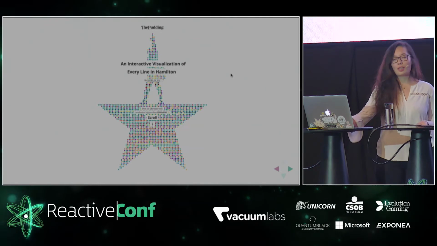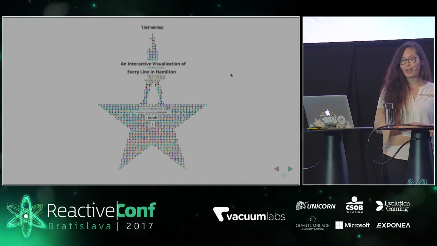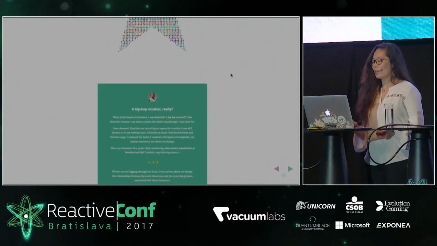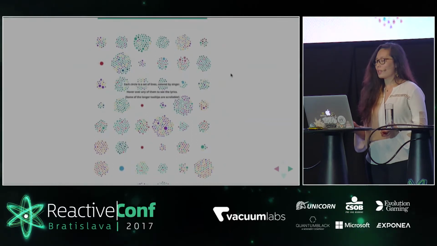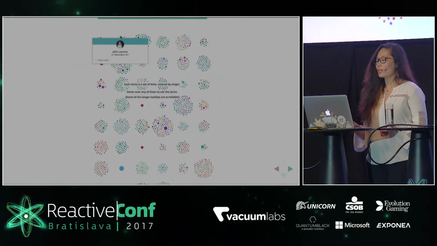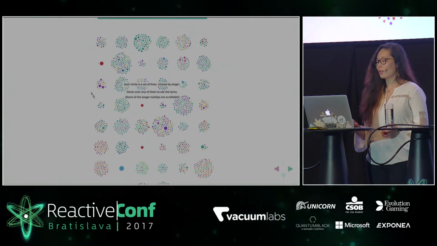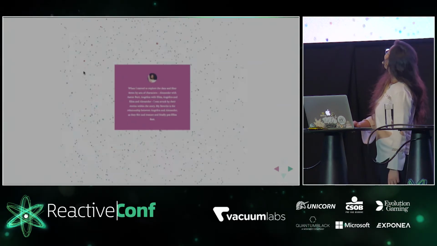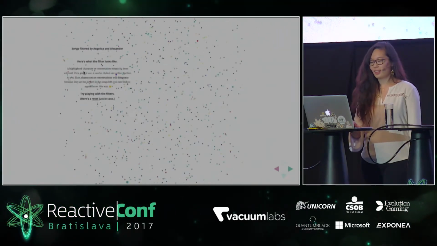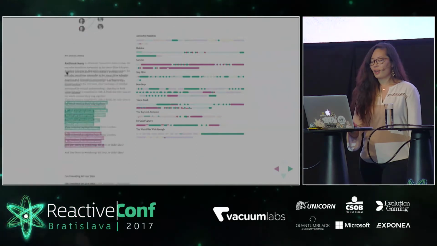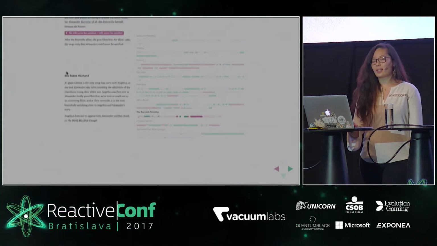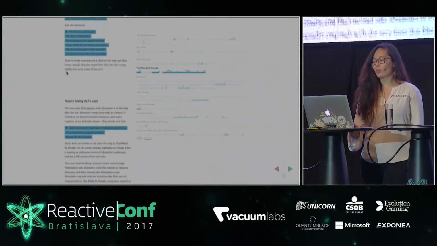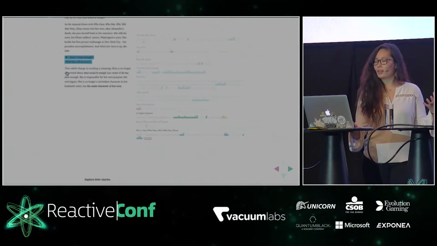And finally, this is an interactive visualization of every line in the musical Hamilton. For this particular one, each of the dots represent a set of lyrics from the musical itself. And as I scroll down the screen, the dots follow me. And as I scroll through the analysis, my findings, the correct parts of the correct songs are highlighted